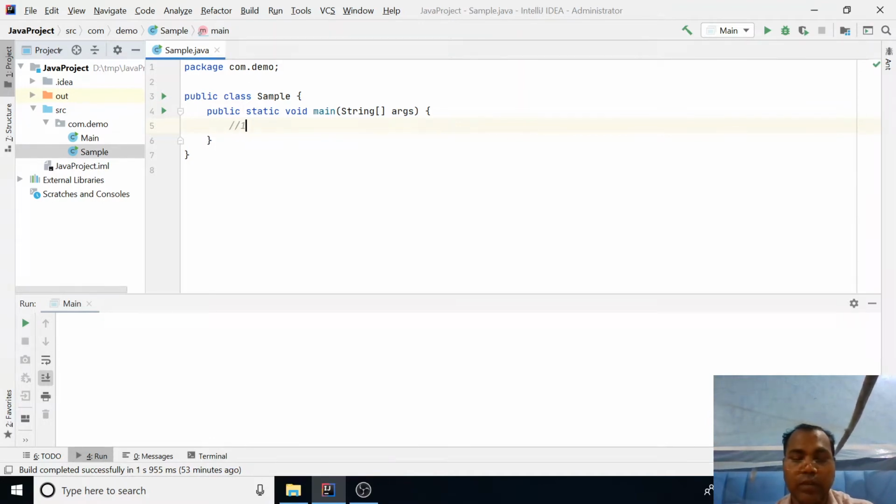First point, to declare an array. Second point, to initialize an array.